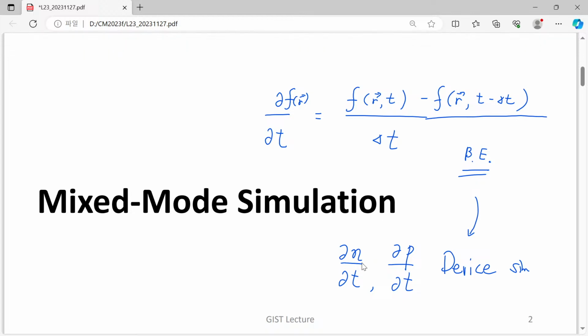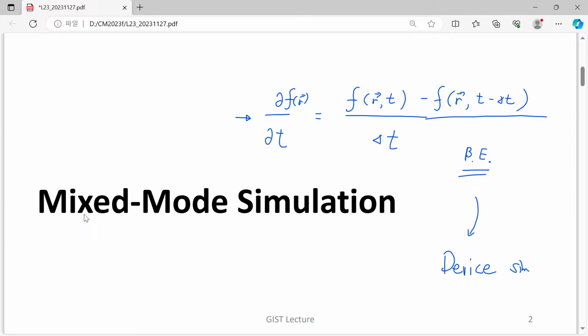Those kinds of terms can be easily discretized with the conventional way to discretize our time derivative operator. But today, before talking about that capability, we have to consider so-called mixed mode simulation capabilities, because in many cases